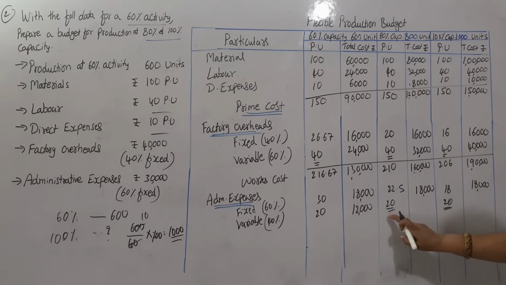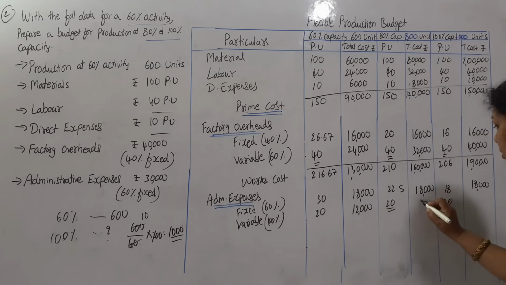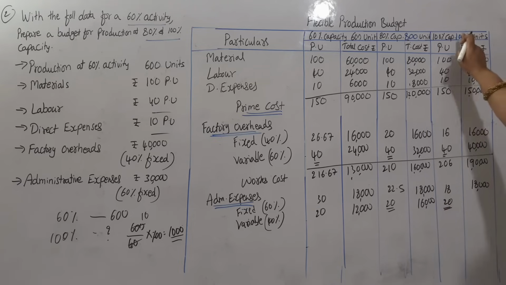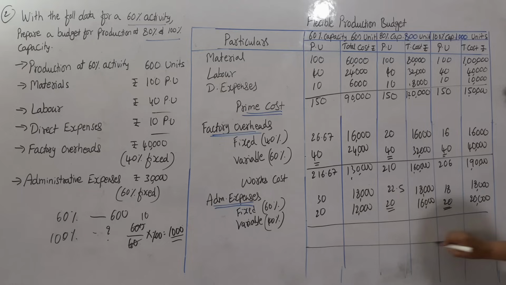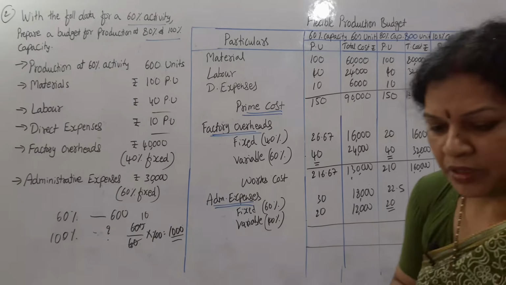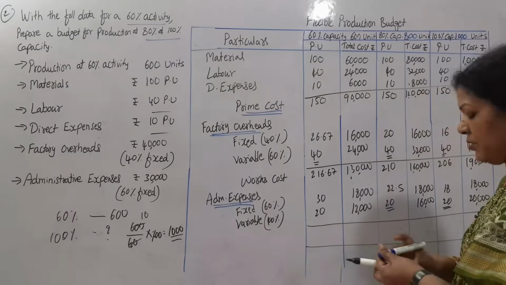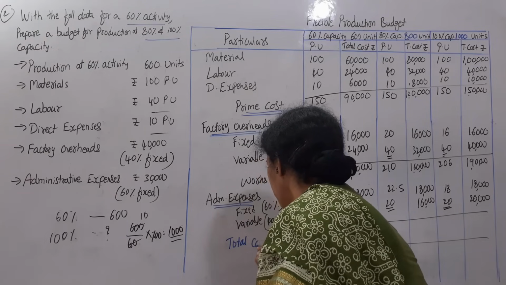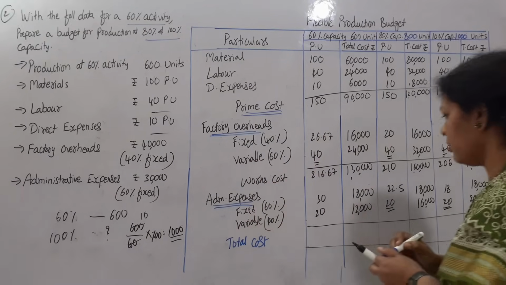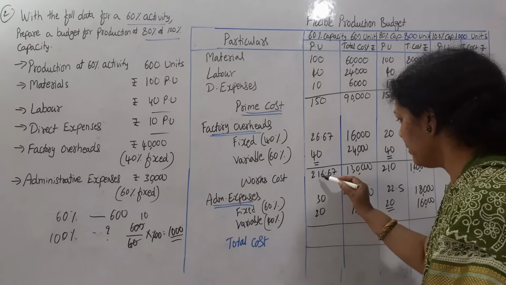So how do you get that? 20 into 800, 16,000. In the same way 20 into 1,000, 20,000. Total up. So this is total cost. You can write it as total cost here. Now total cost is here. If we add up